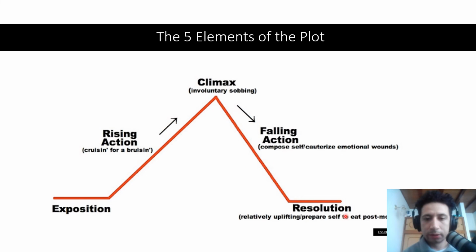And finally, we have the resolution. The resolution is when things are completely resolved, either for good or for bad. Let's say for bad, the character died. All right, but that's the end. It was a bad ending, but that was the ending. Or the two characters got married. That's a happy resolution. So remember: exposition, rising action, climax, falling action,